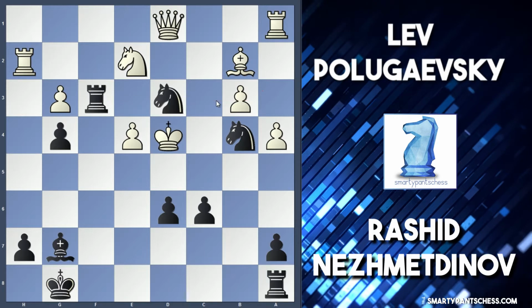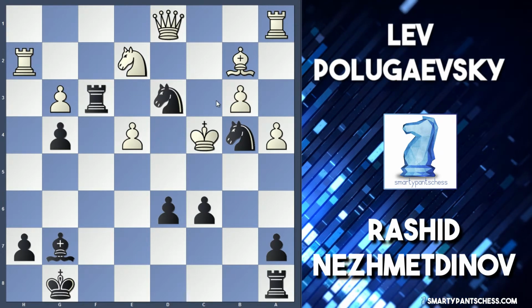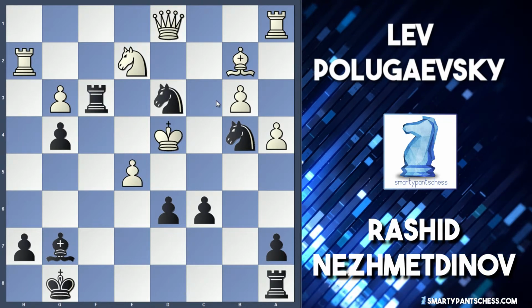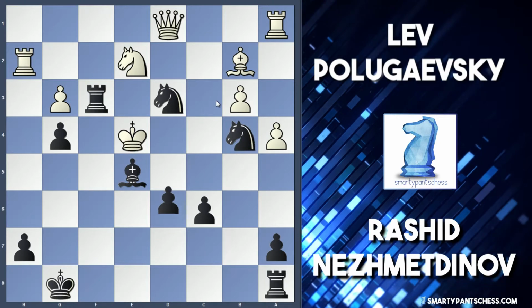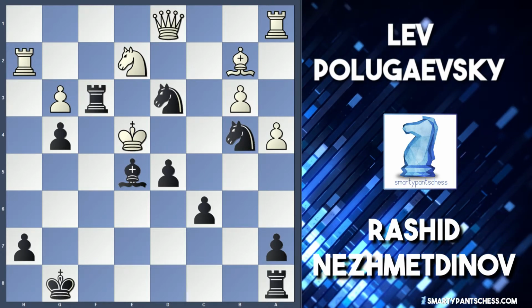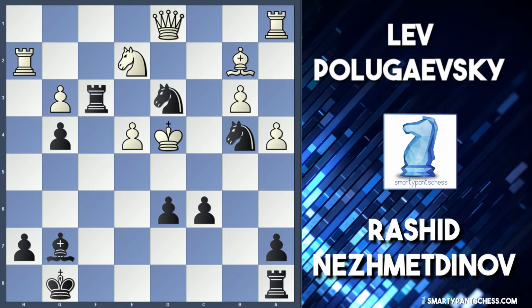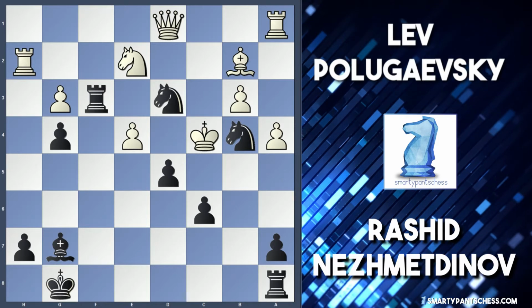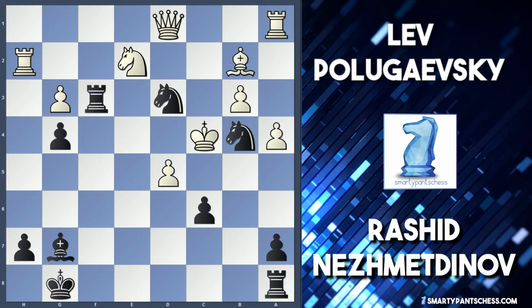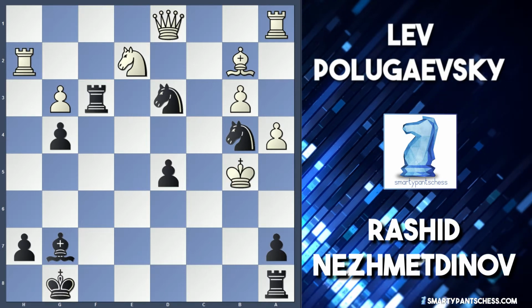But after knight takes d3, the king's now just forced to c4. e5 was also possible here, but then just comes bishop takes e5, and after king e4, just d5, checkmate. So knight takes d3, king c4 is one of the early moves, and now Nezhmetdinov just follows up with d5 check, and again captures has to be played, c takes, and now the only move is king b5, and now